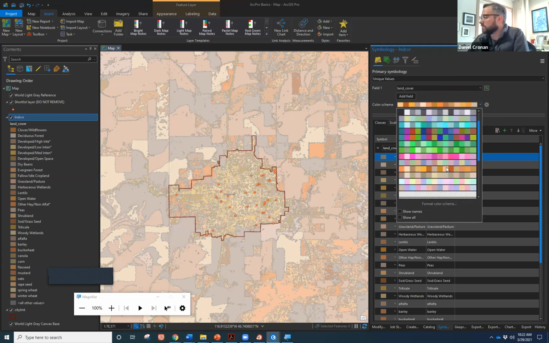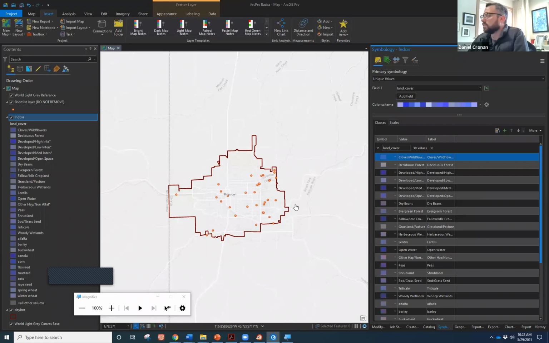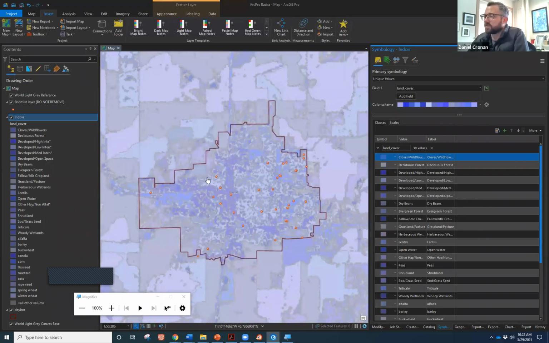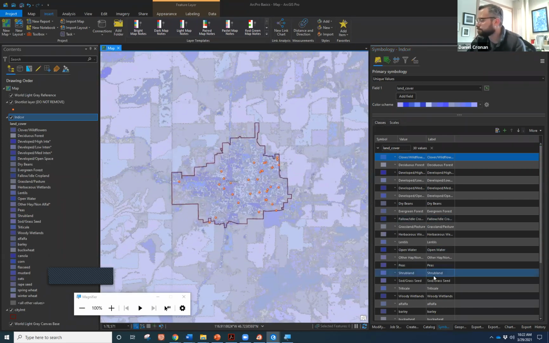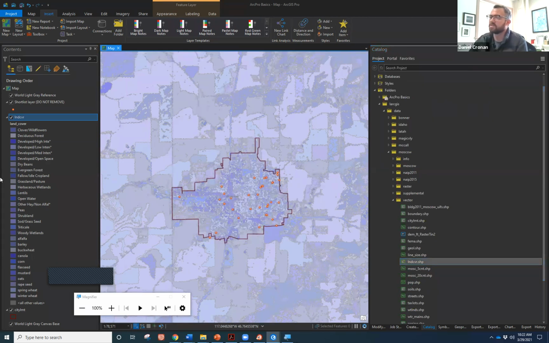And I can also go to different data types here. I'm going to use these purples and blues just to make this a little bit more visible. Okay, so you can see discretely, there's a difference between all of these other classes. It looks more like a color ramp, but that's okay for now. For processing, we're just going to leave it as is for now. Okay, so we have all this popping up. This has all been, say for example, we spent countless hours getting this to the representation we want